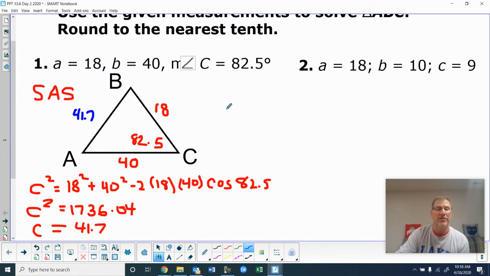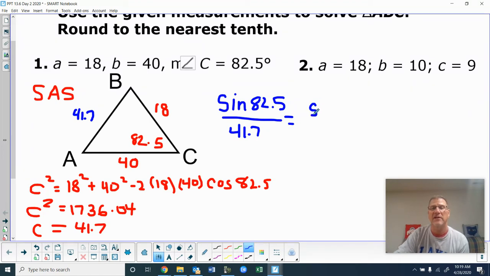All right, so we're going to go sine of 82.5 over 41.7. So just going back to last week's law of sines now. And then we're looking for angle A. So sine of A